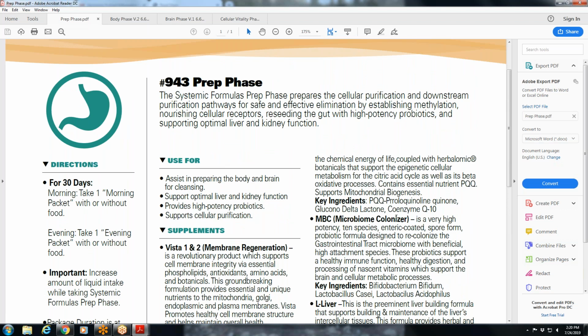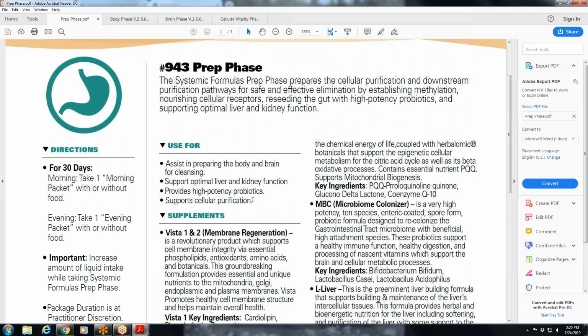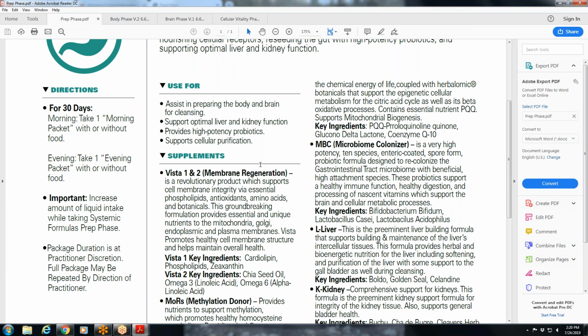Again, it's preparing the body for detoxification. It comes in a package typically, and it's a 30-day protocol. It has sachets or little packages in there that say morning and evening doses, so it's very easy to follow, so your patients can follow this,